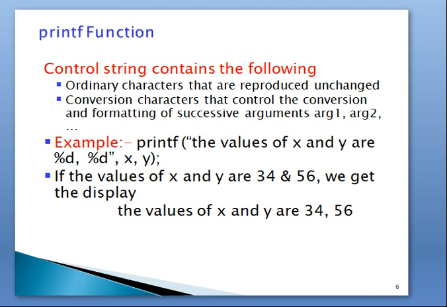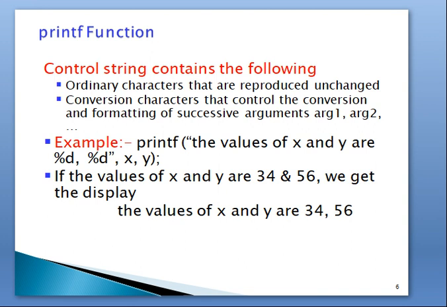In this example, we find in the double quotes the control string. In that control string, again you will find unchanged text, that is, the values of x and y are. This sentence is reproduced unchanged, as it is printed on the screen.